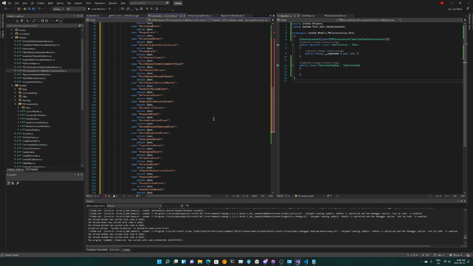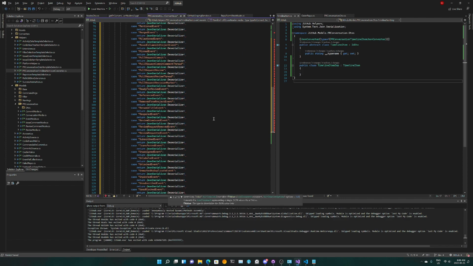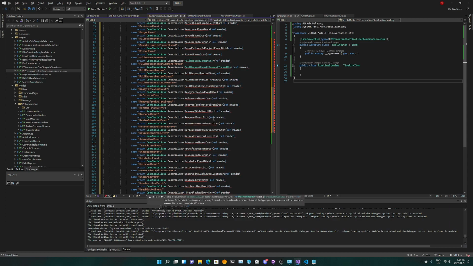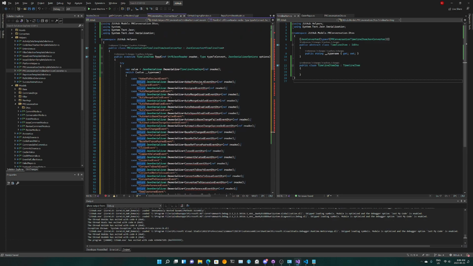JsonSerializer dot deserialize into this type, or I hope I have some type that's named with DTO with the Rafa reader, and that's it. But it doesn't seem like I have any of the types.